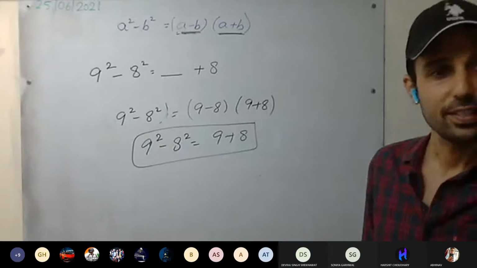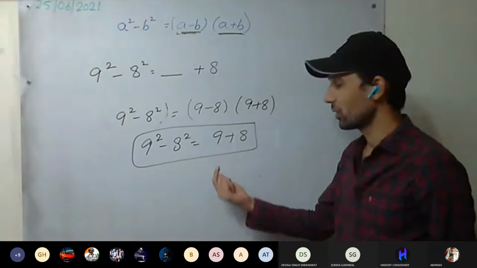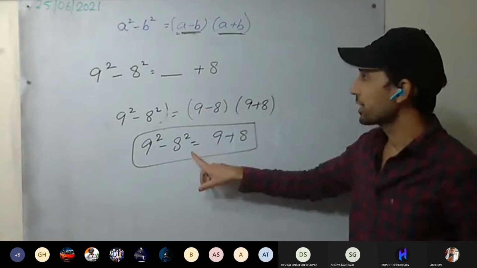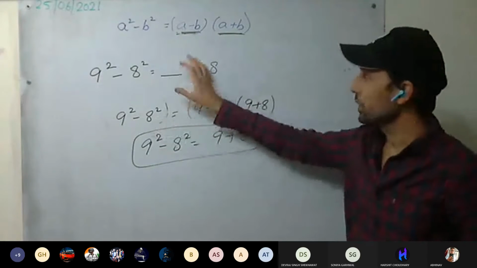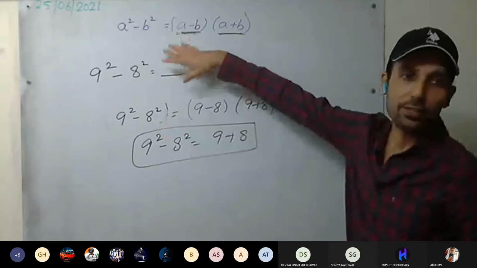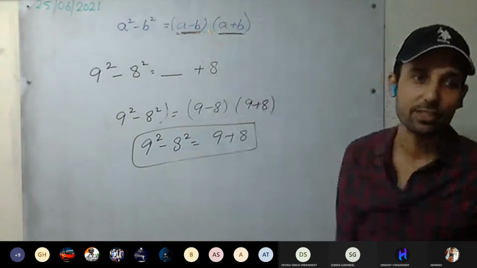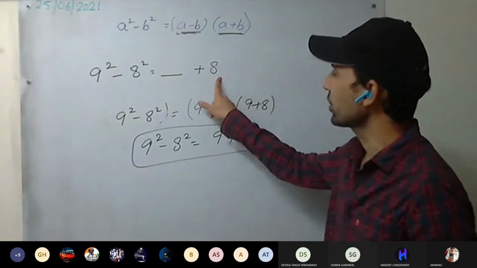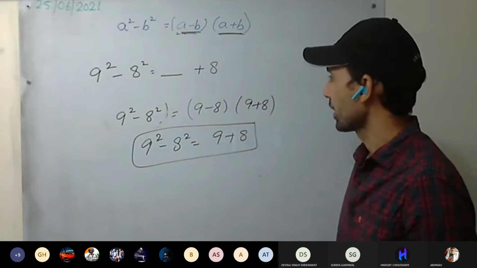Yes, sir. Yes, we can write like this. Understood now? This thing, have you understood? Okay. We haven't discussed much algebra, so it will be a little bit tough. When we discuss algebra, it will be very easy. In algebra, we may discuss, I think, this year or next year, these things will come.